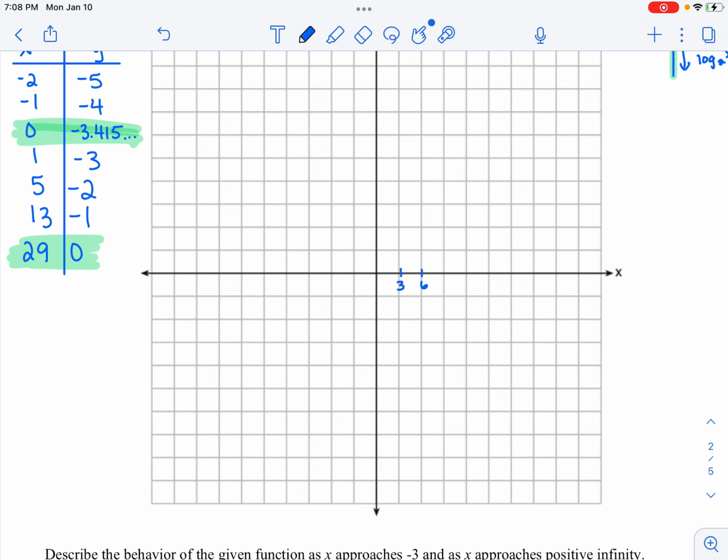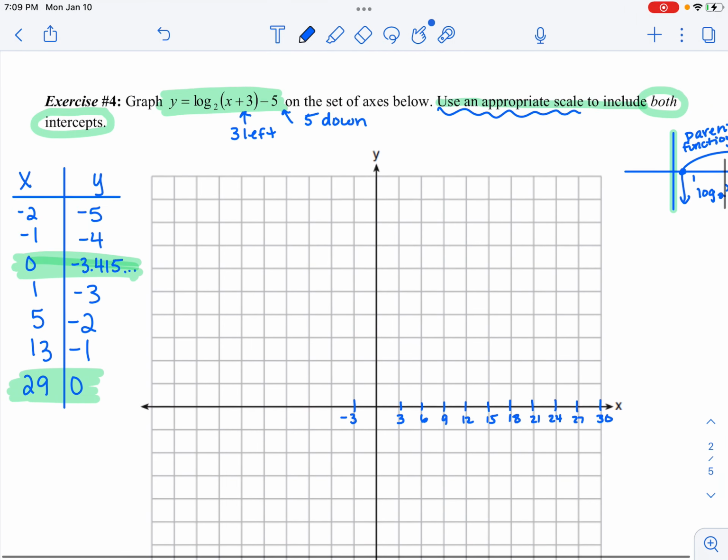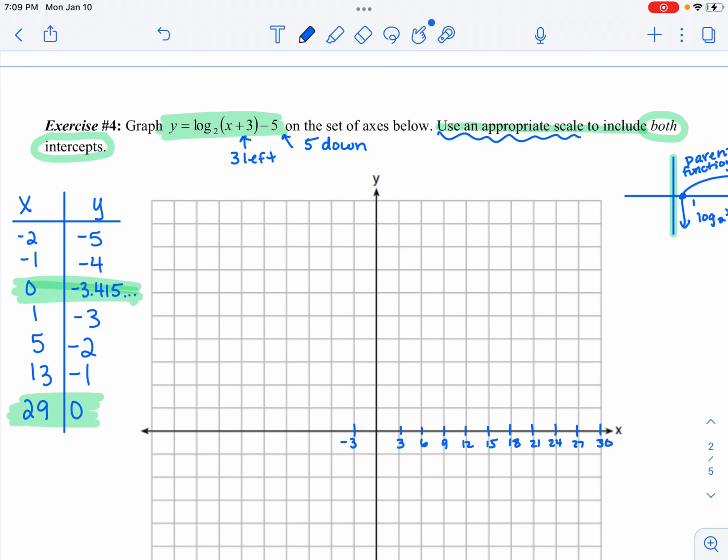So this will be 3, 6, 9, 12, 15, 21, 27, and 30. And then -3 is actually, right? We said this graph was being shifted 3 to the left. So x equaling -3 is the vertical